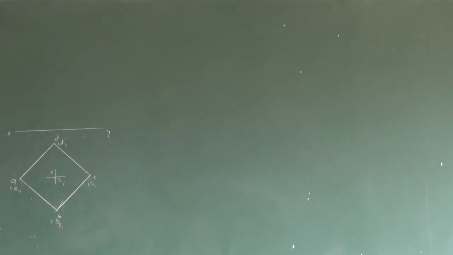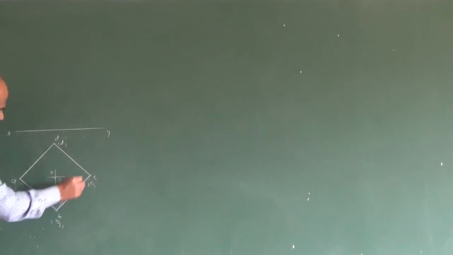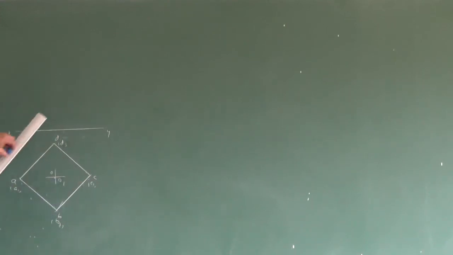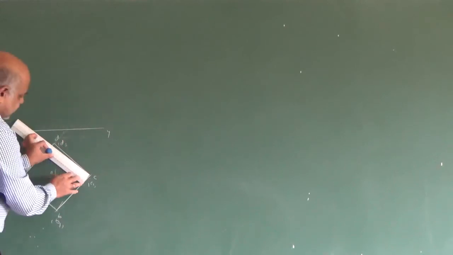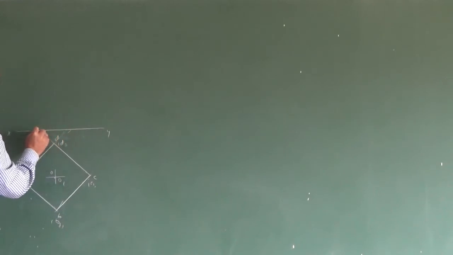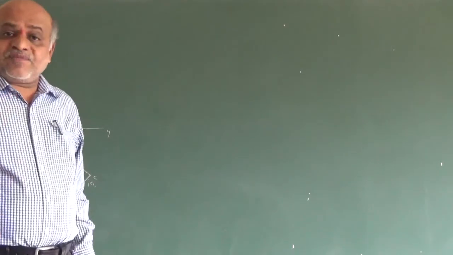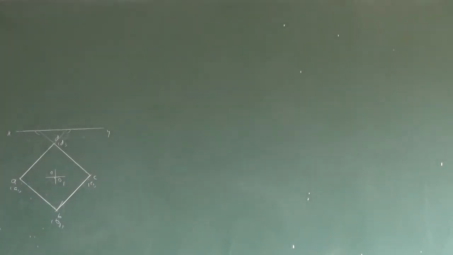This is the top view of the square prism, where all the base edges are making equal inclination with respect to VP. If you extend it, this is also making equal inclination. The meaning of equal inclination is that all four edges of the square prism make equal inclination with respect to VP. That is the meaning of it.